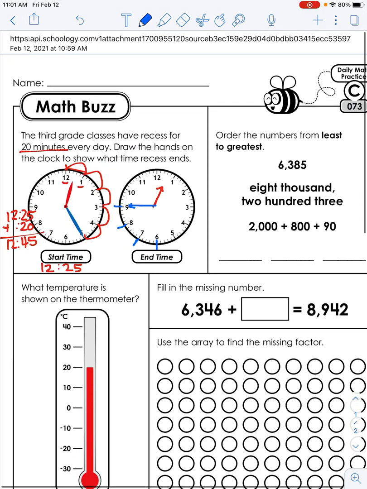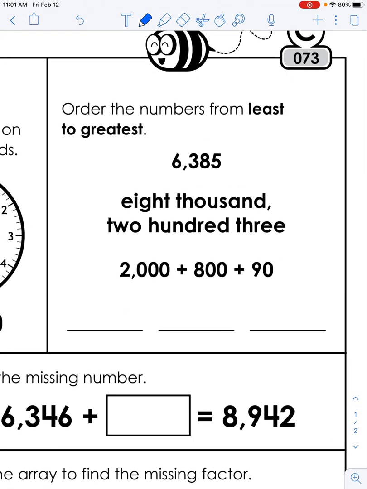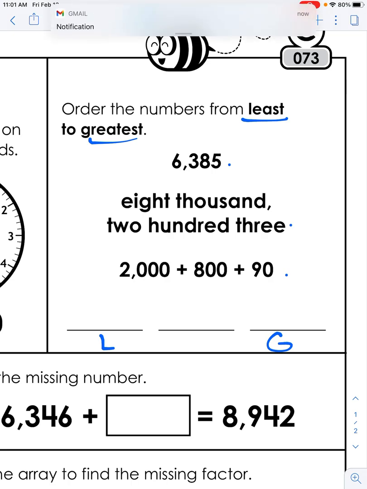Next question. Order the numbers from least to greatest. So this one has to be the lowest, this one has to be the highest, the greatest. You can see that these are in 3 different forms. We have standard form, we have word form, and we have expanded form. So standard form is easy to compare. We're going to change everything else into standard form. So